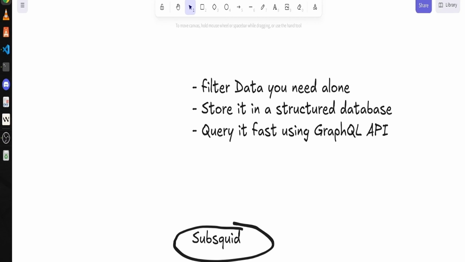Now, there are two tools which you could use to index smart contracts. We'll be focusing on Subsquid. Subsquid is an infrastructure which helps you index smart contracts, and it is faster and simpler than the alternative. In today's video, I'm going to be walking you through a complete guide on how to index smart contracts